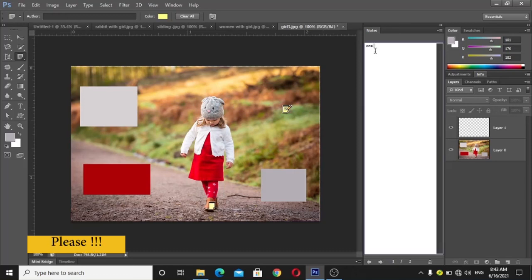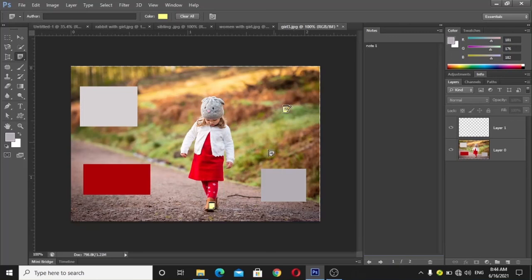Note 1, and this is our note 2. Click on it. Note 2. So this is note 1, this is note 2, and this note is about our shoes.